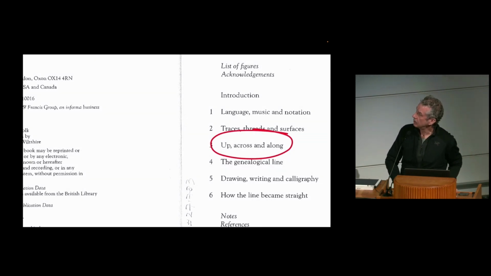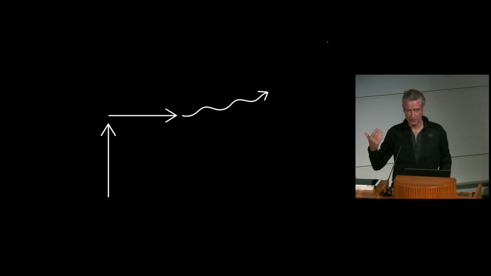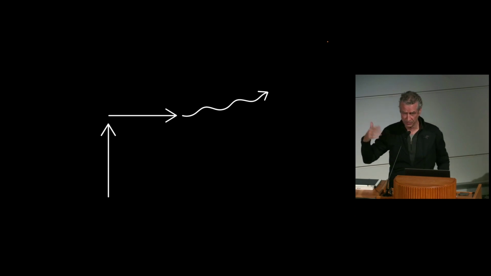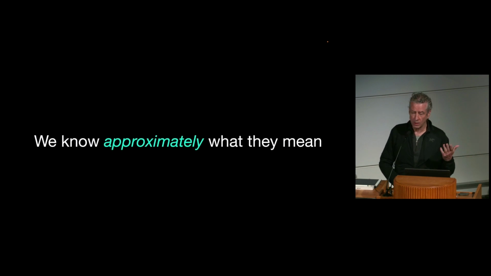So back to Ingold with up, across, and along. So if we think of those 3 terms, we could illustrate them like this. And we might look at this and say it doesn't really have meaning, and yet all of us can read that, and it does have meaning. A squiggly line or a dotted line versus a solid line, a vertical versus a horizontal, they all mean differently. And while it might be approximate, it's an instigator of conversation, and that's really what visualization is meant to do. It's not an act in itself, it's an active act that instigates conversation.